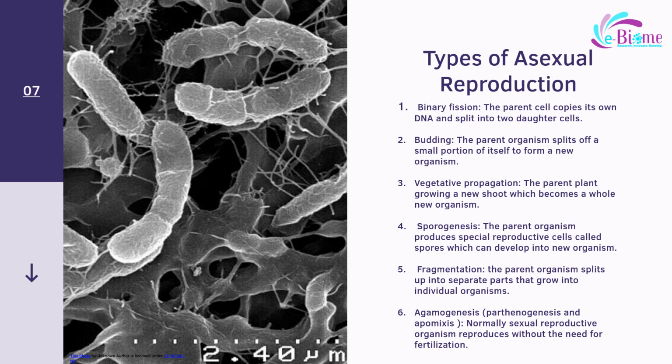This type of asexual reproduction is unique because it blurs the line between sexual reproduction and asexual reproduction and tends to be quite rare. It's hardly observed in wild organisms, but has been documented in ones found in captivity. Hopefully, after this slide, you will be able to understand the types of asexual reproduction.